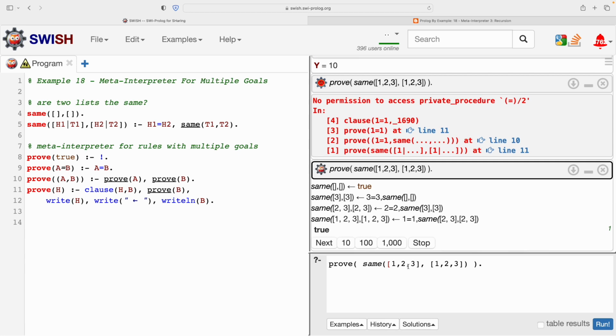Great, that worked. Let's talk through, or read, what it's printed out. It's saying the two lists 1 2 3 and 1 2 3 are the same because 1 equals 1, the heads are the same, and the tails are the same. 2 3 and 2 3 are the same. And this is true